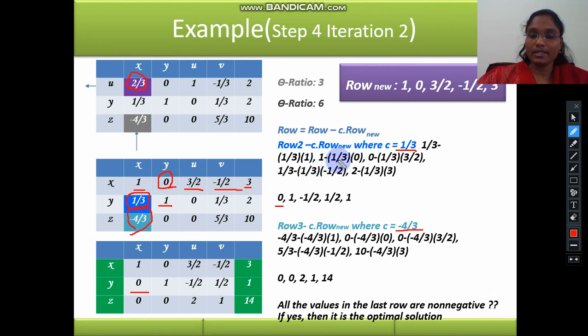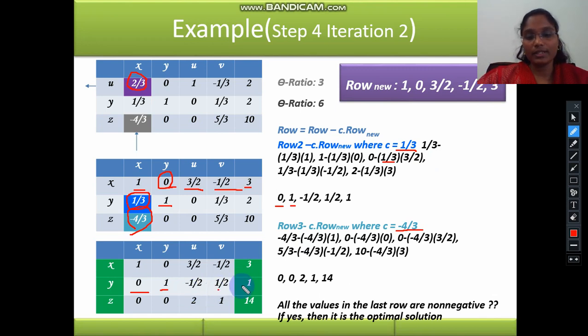So 1 minus 0 is 1, and we update that value as 1. Next one, 0 minus the C value 1/3 times the updated row value here, 3/2. When we do the calculation, we get minus 1/2.